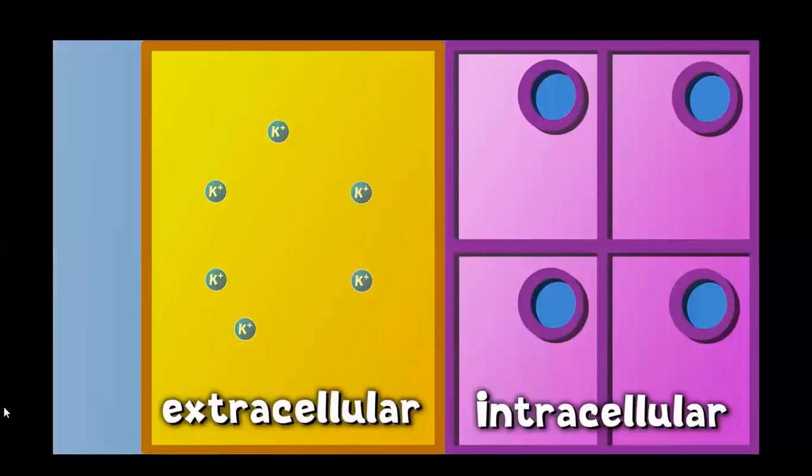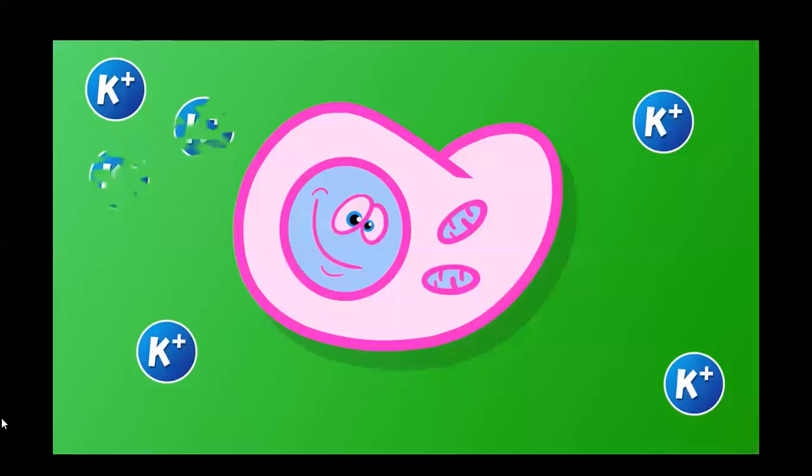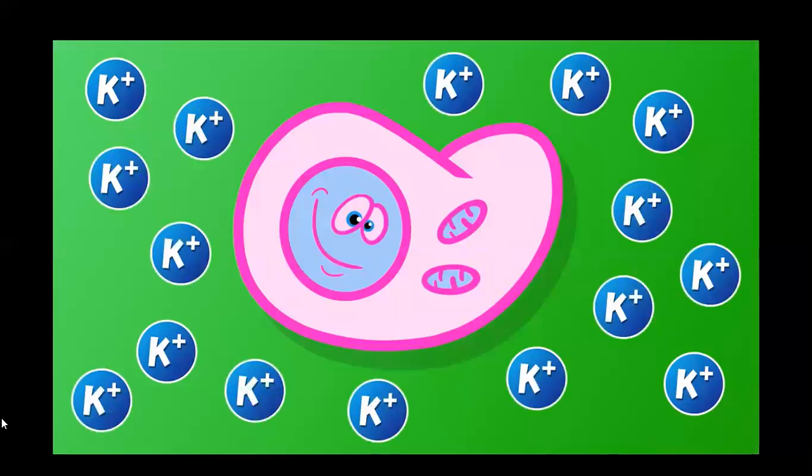Here comes the science bit. Remember that unlike sodium, potassium is a predominantly intracellular cation. While the normal range of serum potassium is 3.5 to 5.5 milliequivalents per litre, the normal intracellular potassium is more like 150 milliequivalents per litre. The balance between intracellular and extracellular electrolytes is critical to cell function. If there's way more potassium surrounding the cell than there's supposed to be, the cell's function will be impacted.